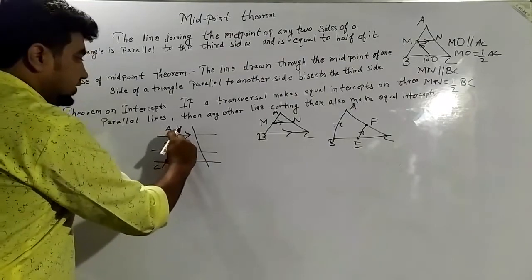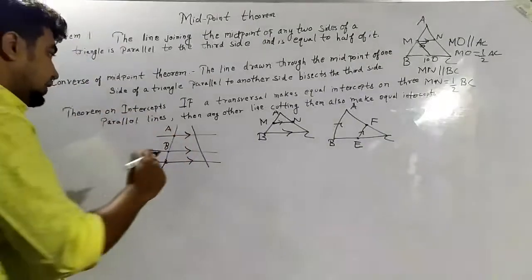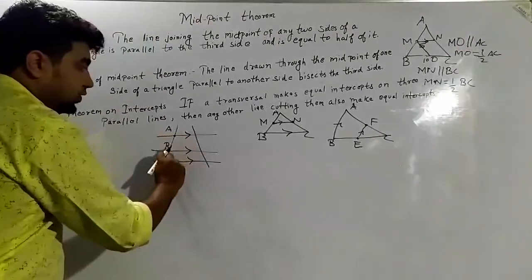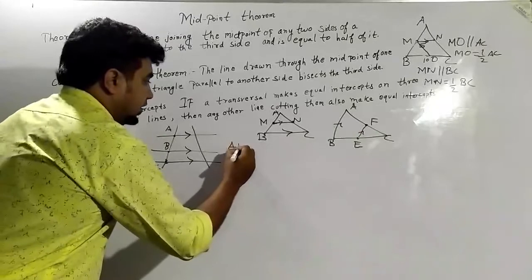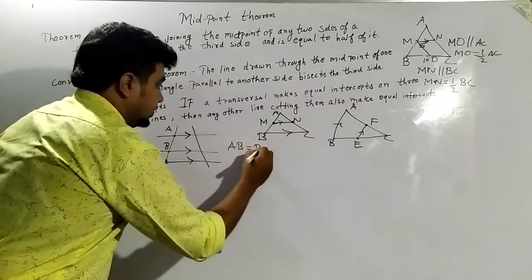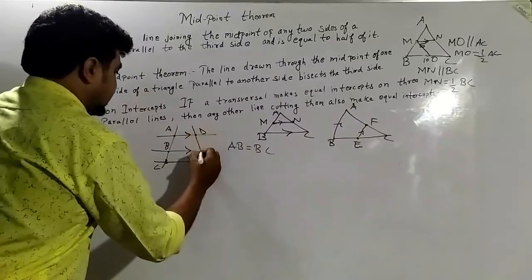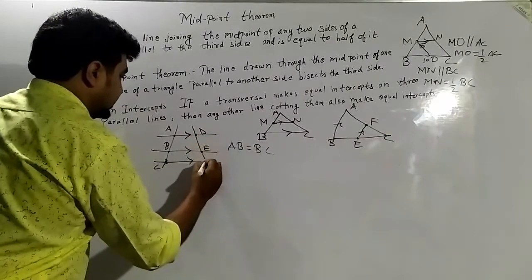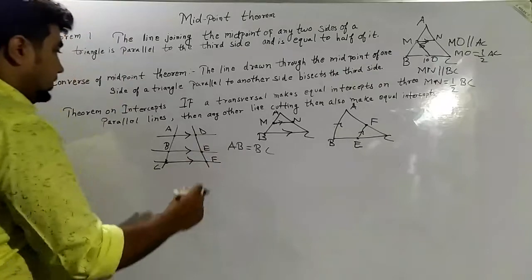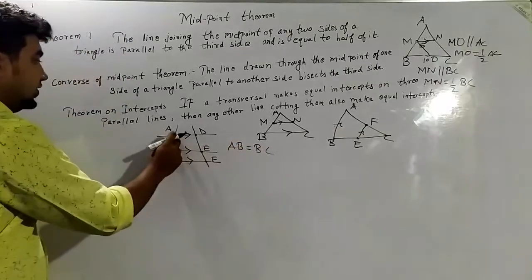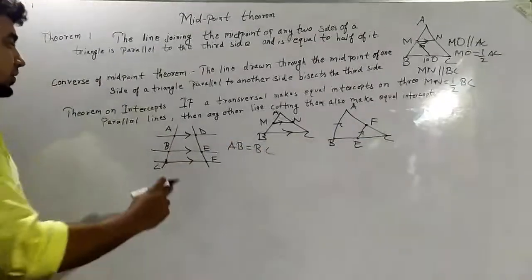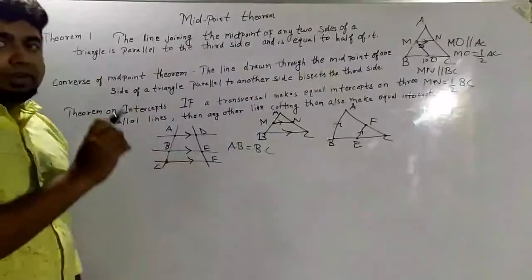If I am saying these are making equal intercept. Equal intercept means AB is equal to BC. AB is equal to BC. Suppose I am naming this point as D, this point as E and this point as F. If AB is equal to BC and these lines are parallel, and transversal means when it will be cutting all